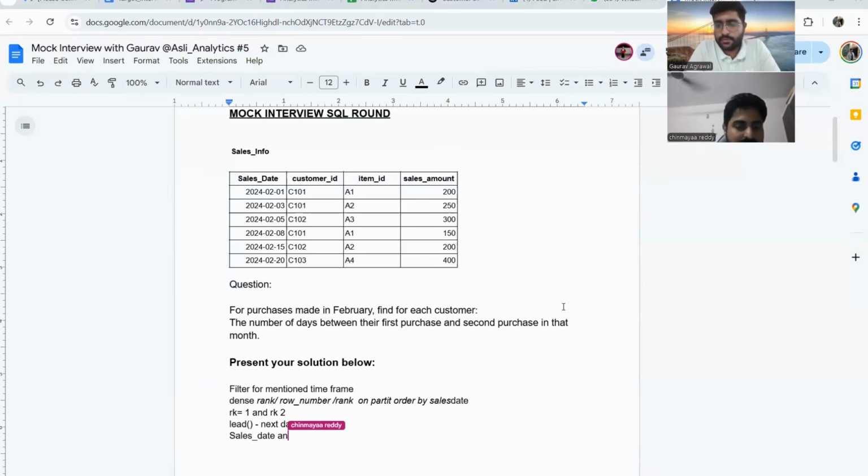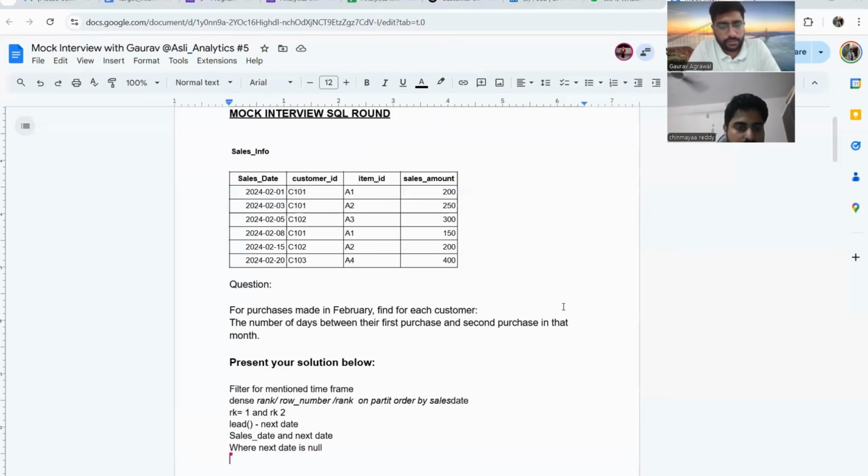I'll filter out wherever the next date is null, since those won't have the second date for that customer ID. I'll remove those. This is my approach. Perfect.